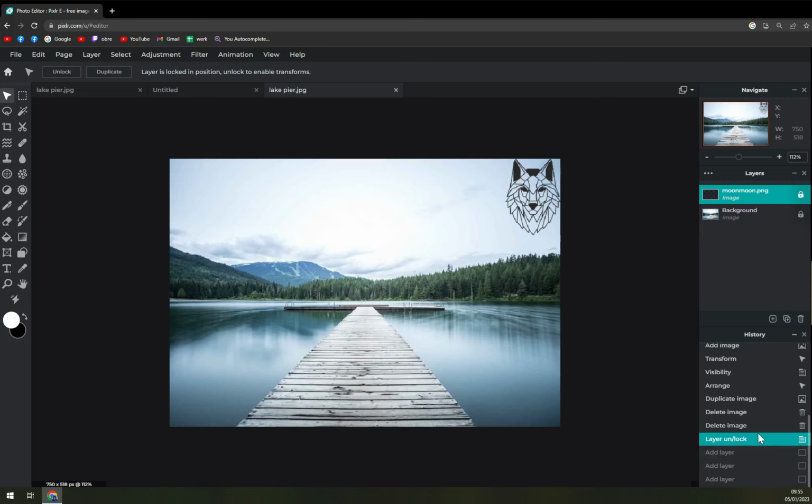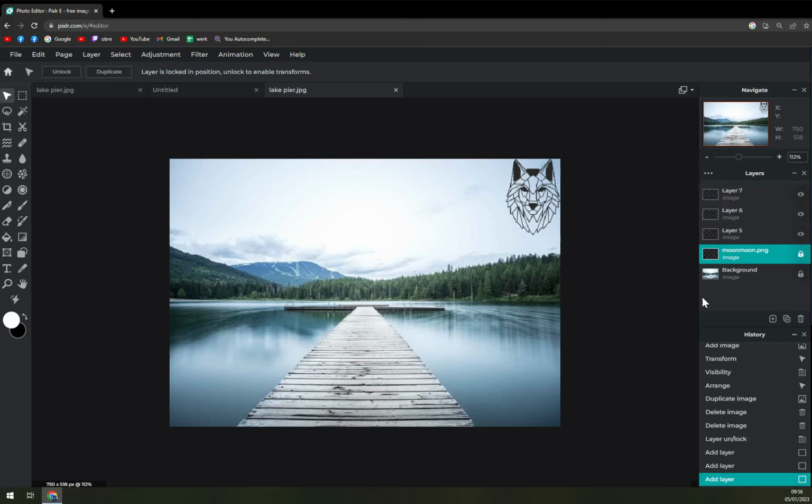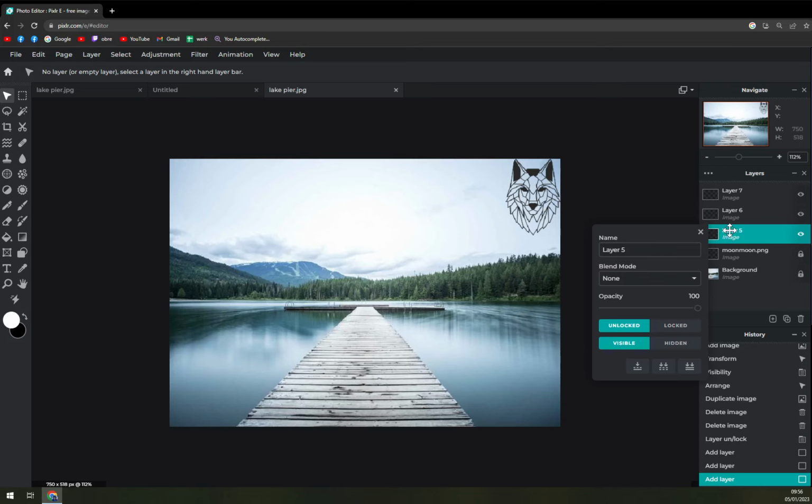But if you're lost and you're already too far in the project and you can't really go back because it would change all the progress you made after your mistake. Let's say, okay, we are going to add all those layers back. If you click the right option, right click here,